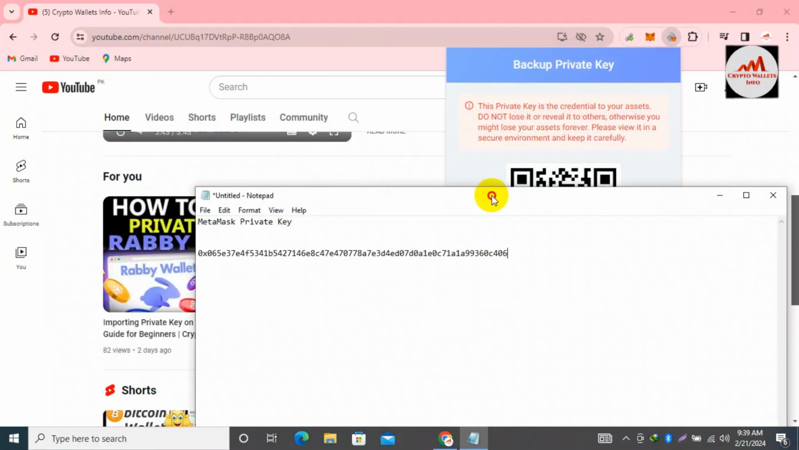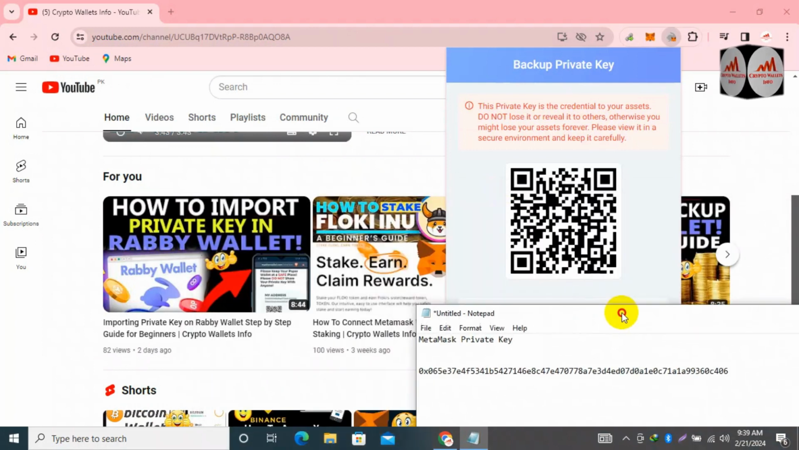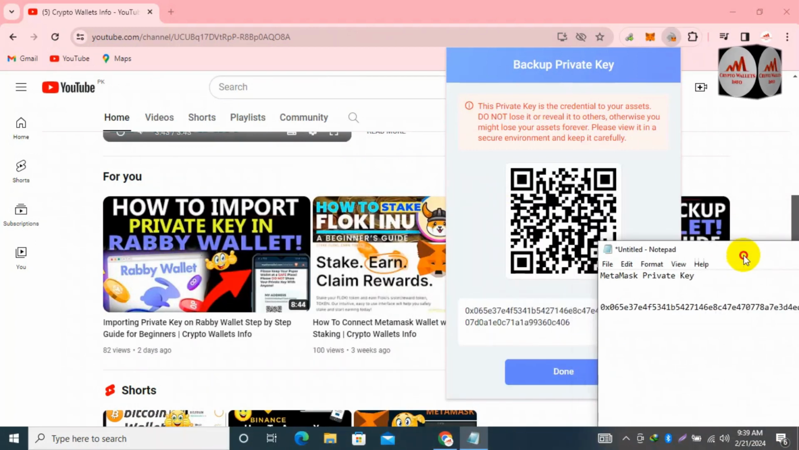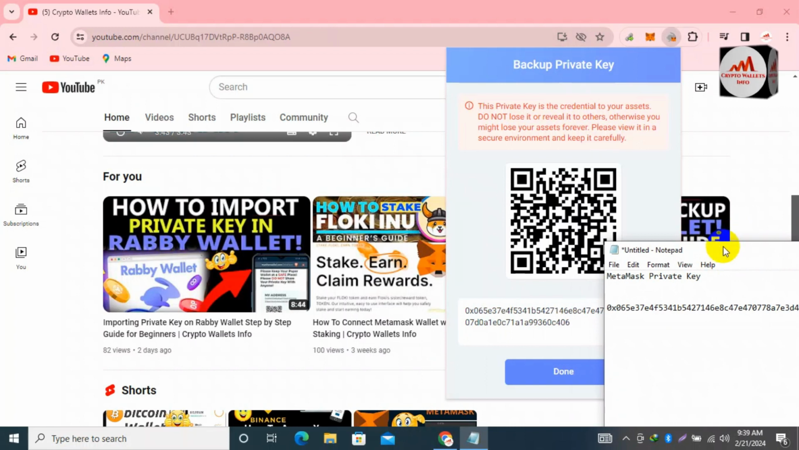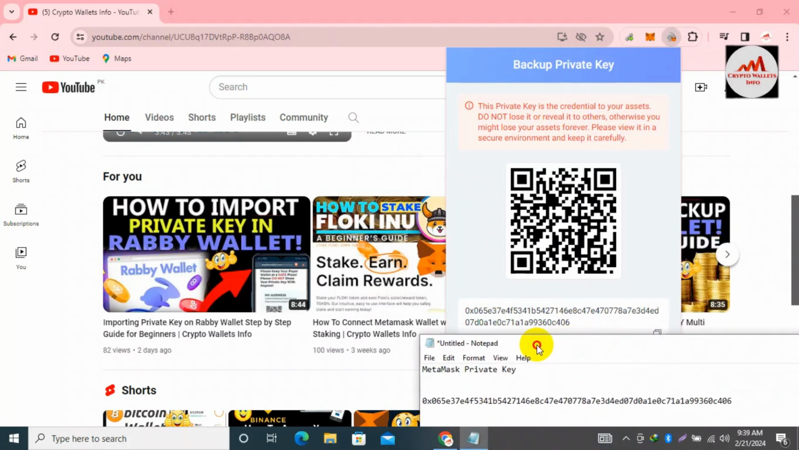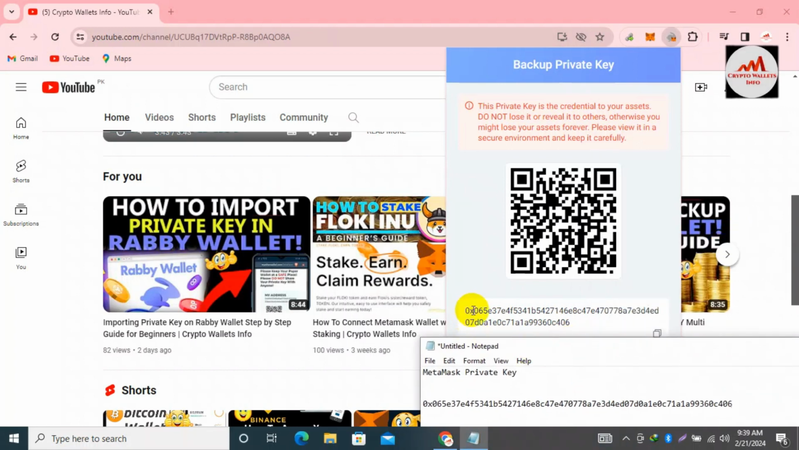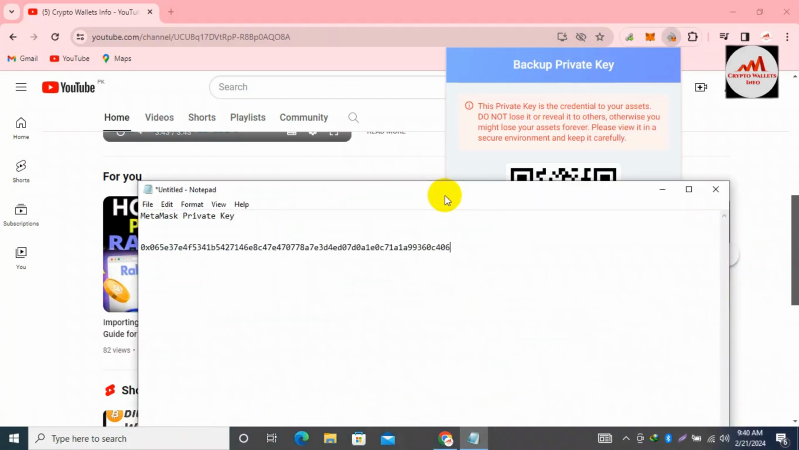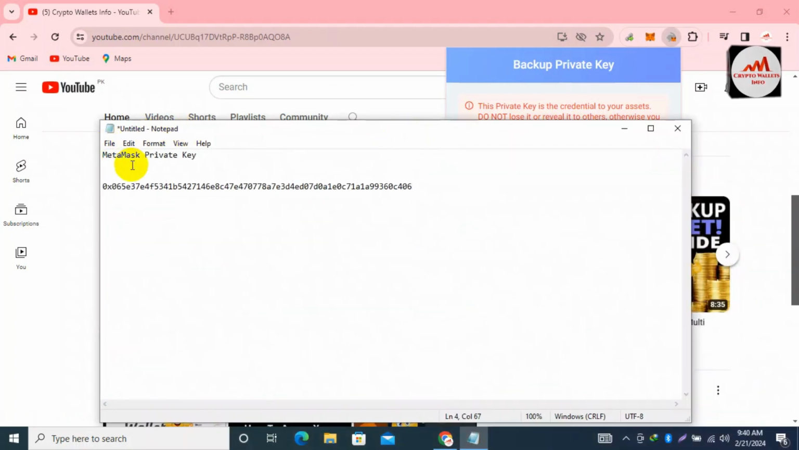And before saving this notepad file, simply cross check the first two digits and last two digits. You can see the first two digits 0x are also shown as 0x, and the last two digits 06 match, which means my private key is correct. After I stop this video, I will save this private key in my laptop, and also